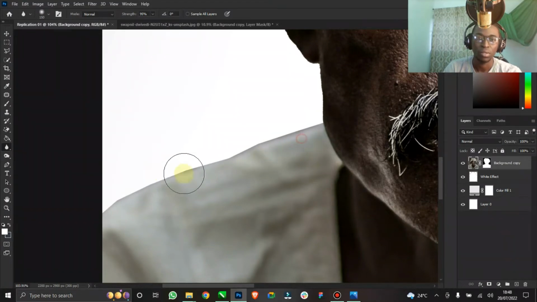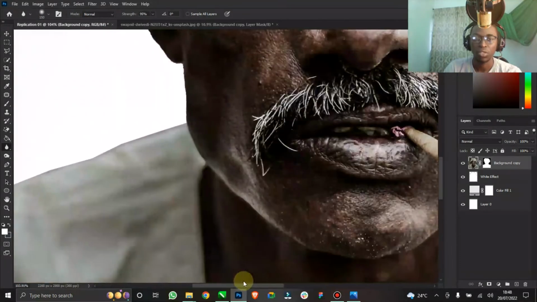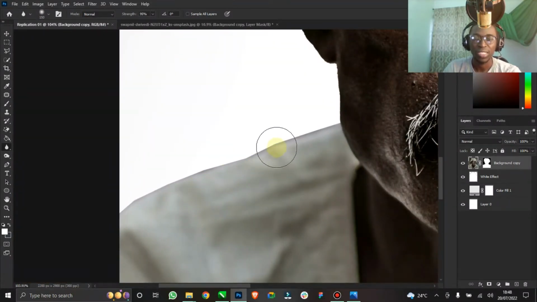Just blur it out to the other side as well. You can blur it out. Now when you're done with the blurring, to make sure this thing is smoother and not just sharp like this,